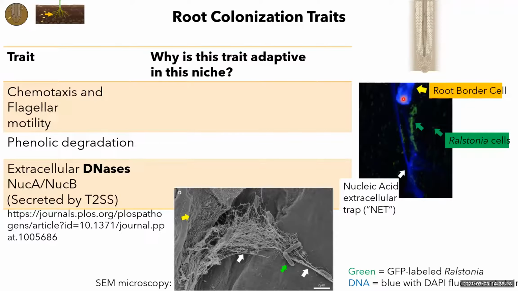And when they sense a pathogen, what they do is they take their nucleus and open it up and throw their chromatin, their DNA, their chromosomes, out of their cell. And it makes this gooey mesh of a gel that we call a net, or a nucleic acid extracellular trap. And that's able to actually catch Ralstonia and some other pathogens. So not only does it trap them and hold them immobilized, but